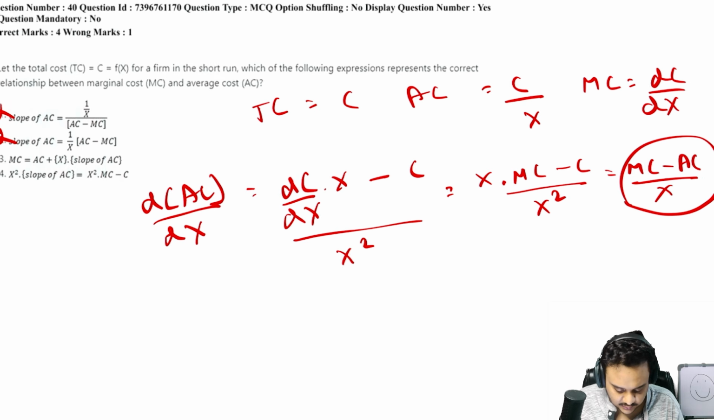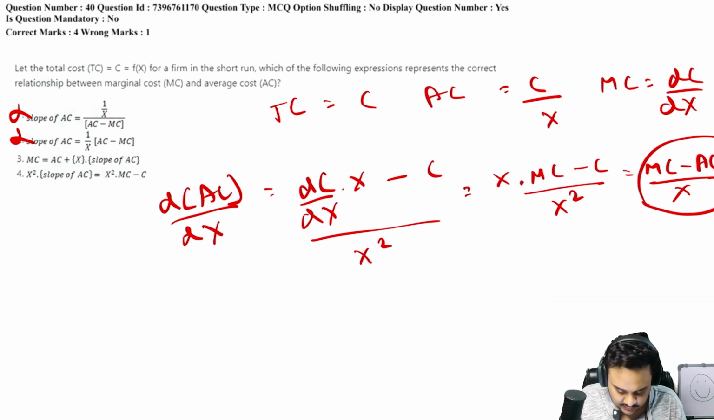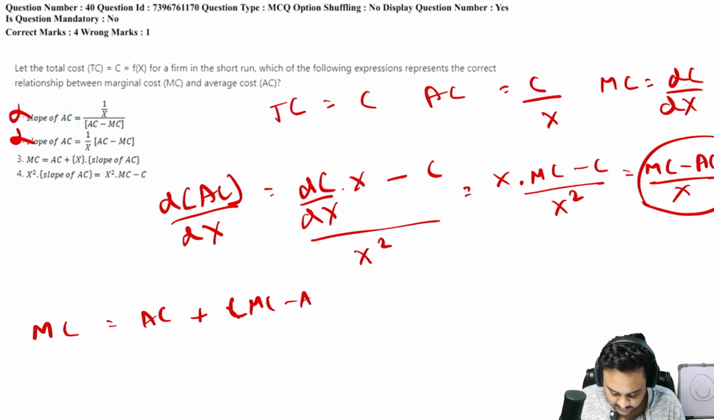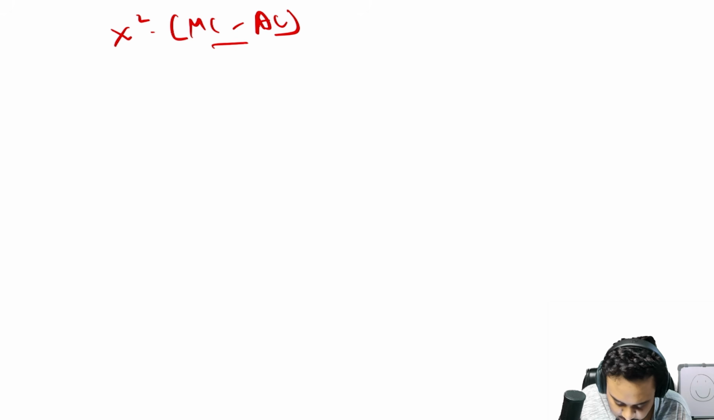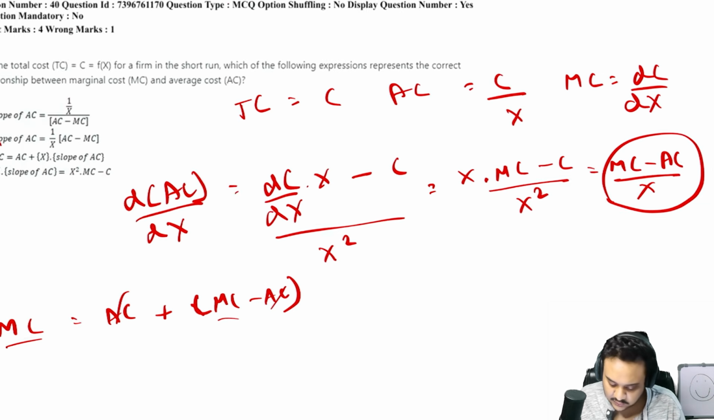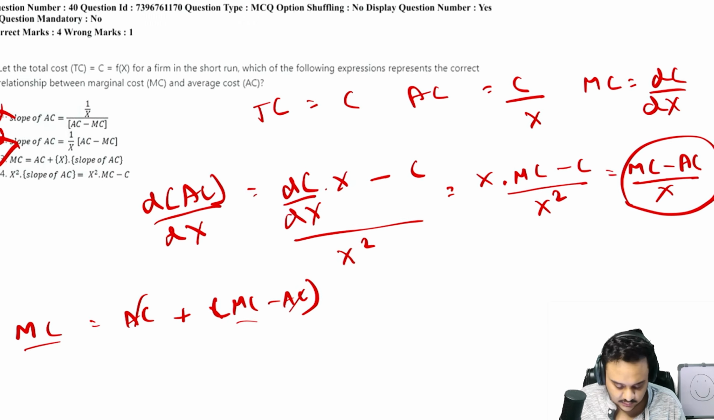MC is equal to AC plus x into slope of AC. So MC minus AC, this will cancel out, and this will be, yes, so this is right. Then last option, if you just check, x square into MC minus AC upon x, right? This is what it was, equal to x square